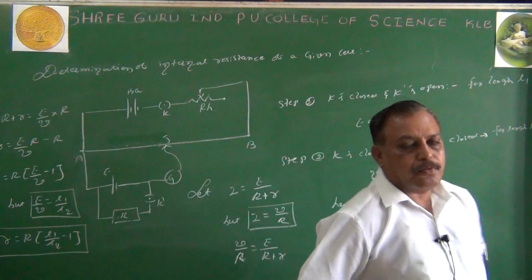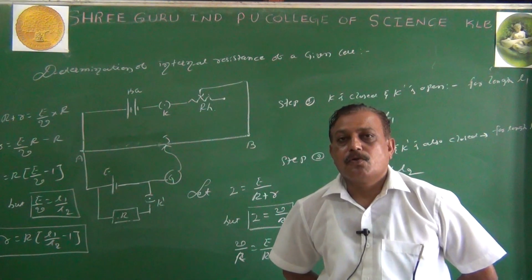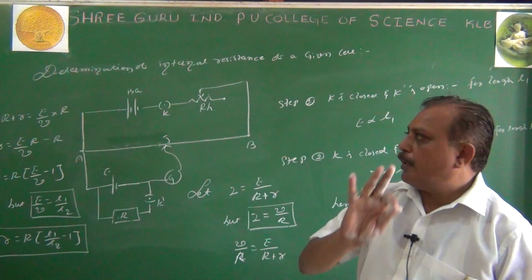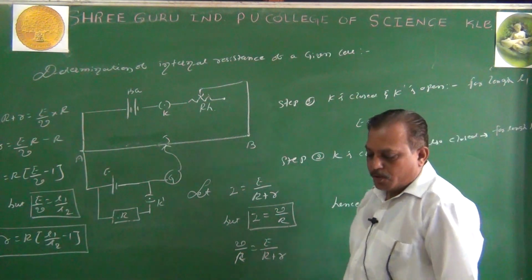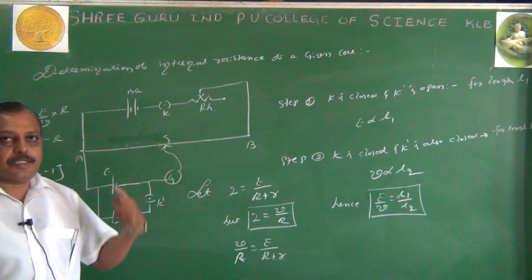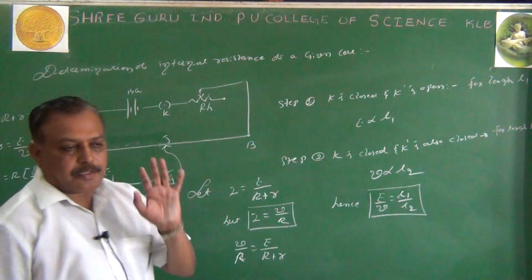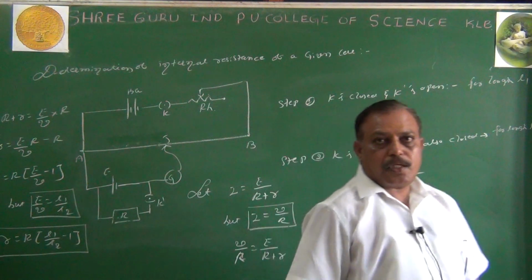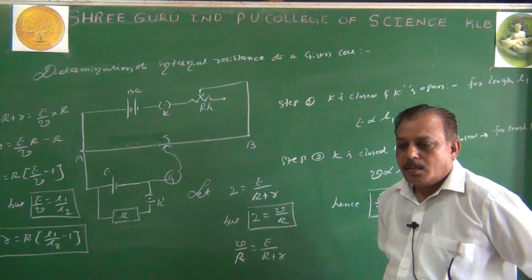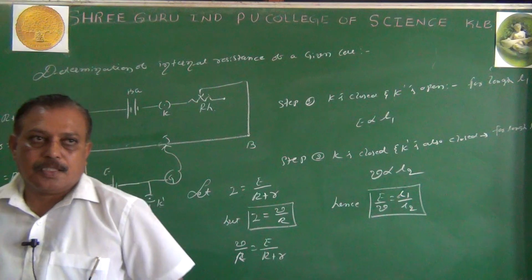Now this is our potentiometer. To have an accurate measurement of potential difference, we go for the potentiometer. The potentiometer is also called an ideal voltmeter. By using the potentiometer, we compare the EMF, we can calculate the internal resistance of a given cell, and it is also used to calibrate ammeters and voltmeters. Now this is about the potentiometer. This makes the end of the topic, that is current electricity.